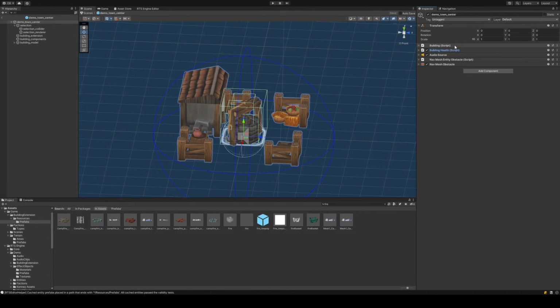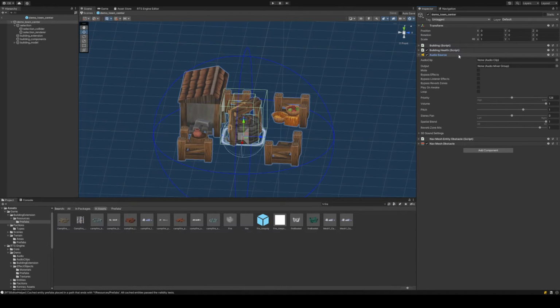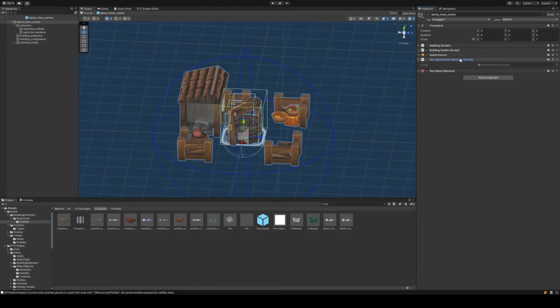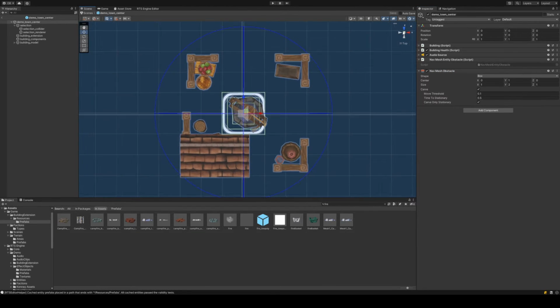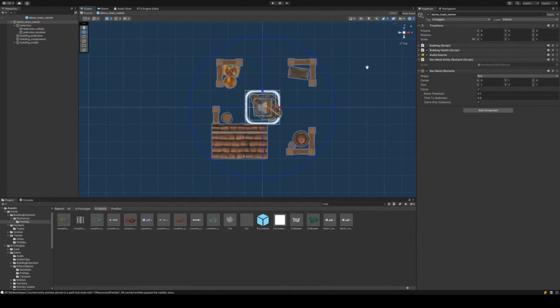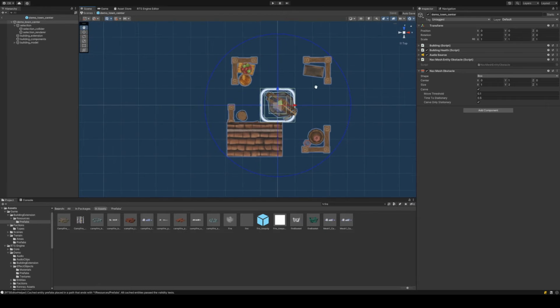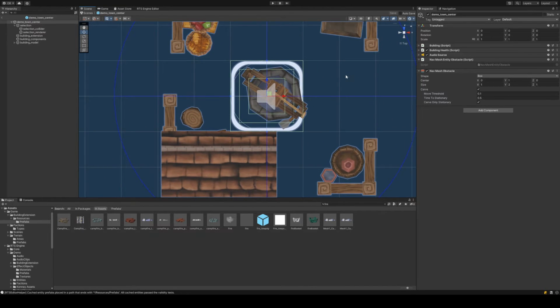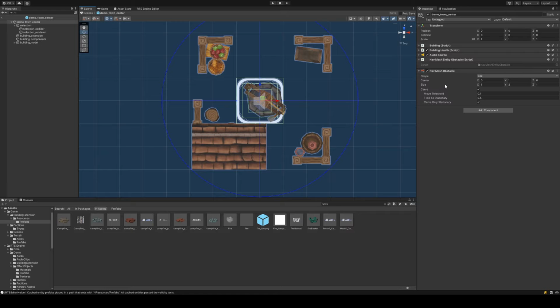And those are pretty much the 2 main components of our building. We have an audio source component, which allows the building to play audio clips locally. We have a nav mesh entity obstacle, so when we're using Unity's navigation system, every building needs to have a nav mesh entity obstacle attached to its parent object, as well as a nav mesh obstacle component. So this nav mesh obstacle component defines the areas that will be carved by the building in the navigation mesh, so that no other units can actually move through that. And in this case, it was only defined for that smaller cube building, and we want to expand that a little bit so that it